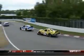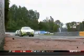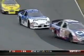Now they're into the slow portion of the course, the S's. This is where it's kind of following the lead. They kind of got to be careful through this area. And these are the fastest laps they've run all weekend. It's the first time they've been on a dry track. So here they go. They're piling down in these corners, and they don't know what they've got till they get